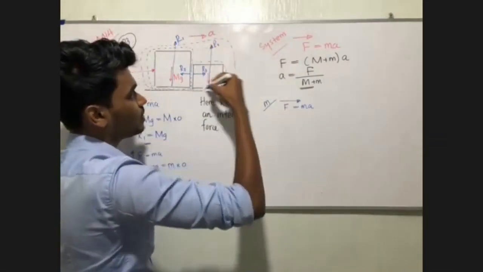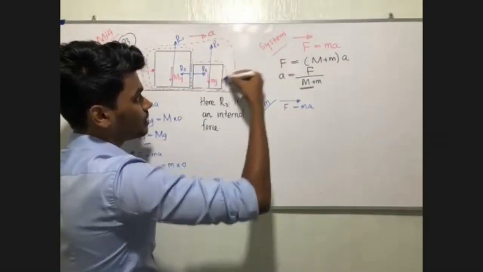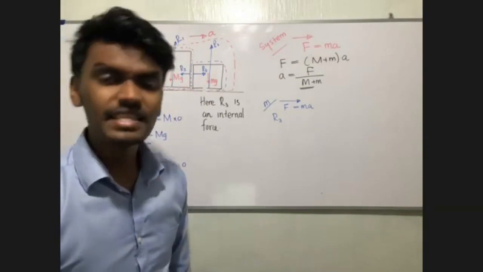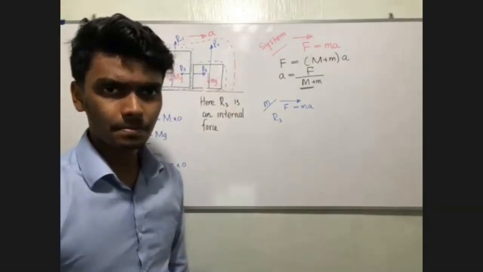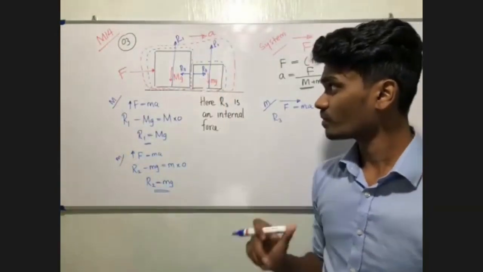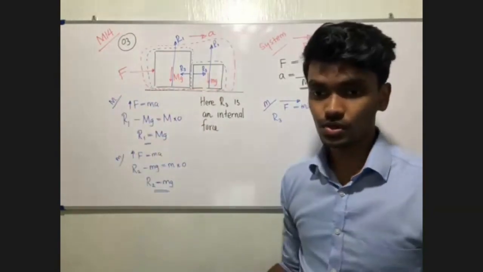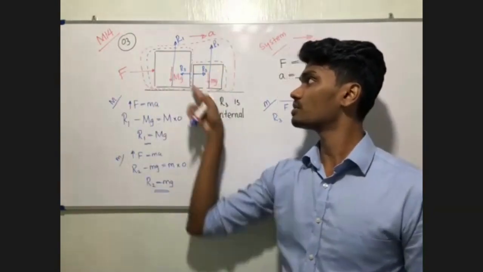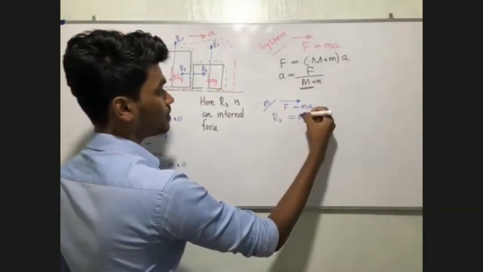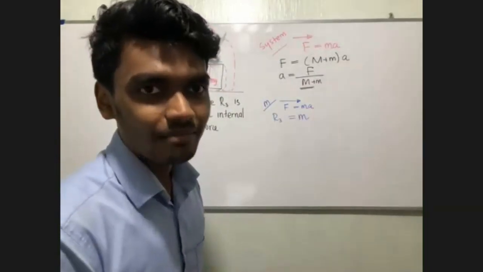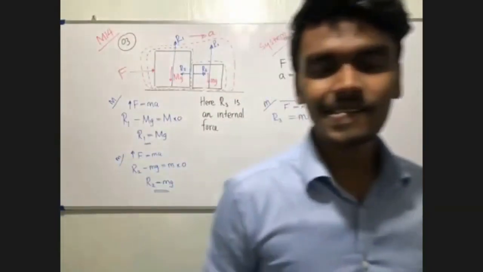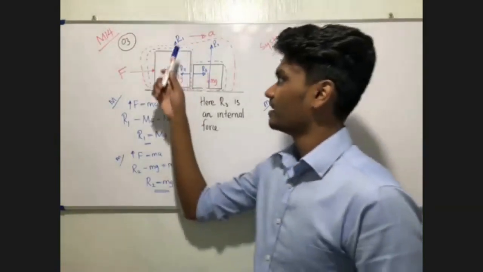What is the force acting on small m? R3. Is there any other horizontal force acting on small m? No, there is no other horizontal force. So R3 is equal to, what is the mass of small m? m. What is the acceleration of small m? Same acceleration, right? How do I say same acceleration? Because